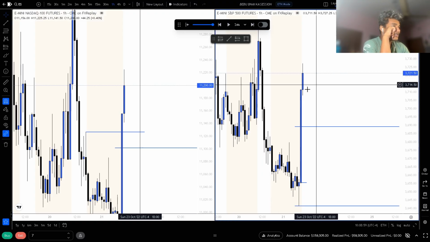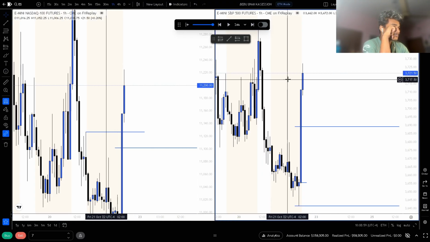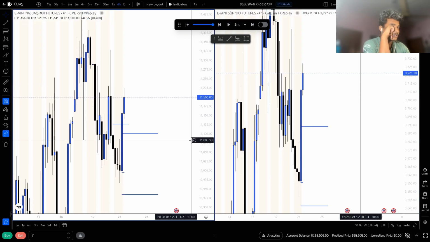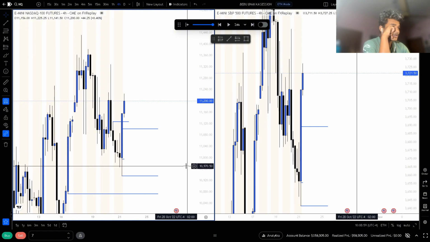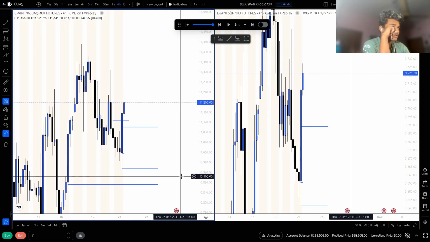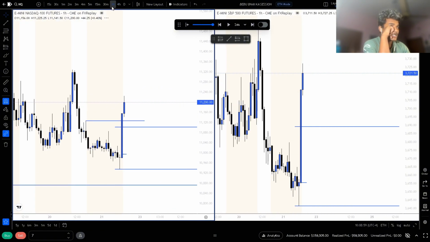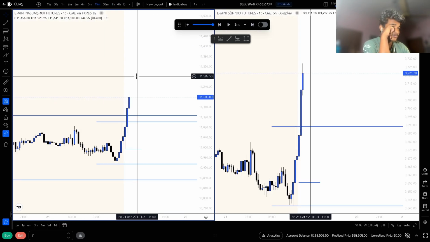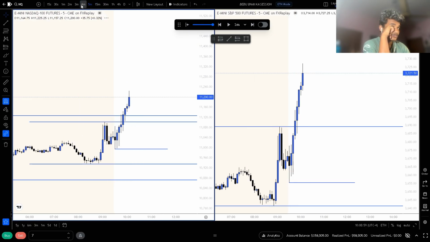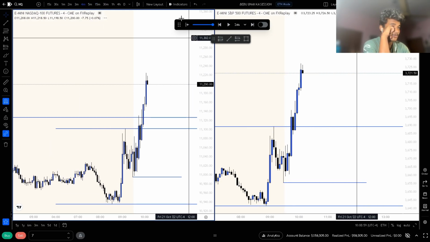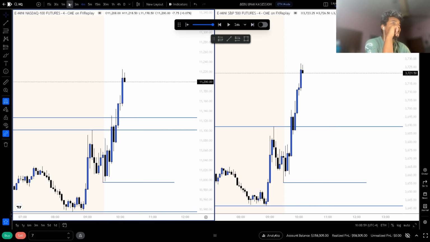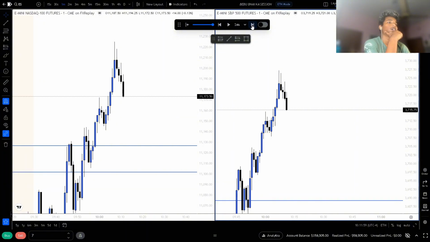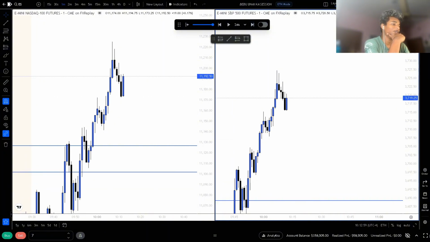So we ended up tapping the hourly gap here, and we inverse the 4 hour here. So I actually don't feel like taking any shots now. Actually, it's just so confusing. I'm gonna fade this day also, and today's Friday. You don't have to take any shit setup on this day to actually ruin your week. I think I'm actually down on the week.